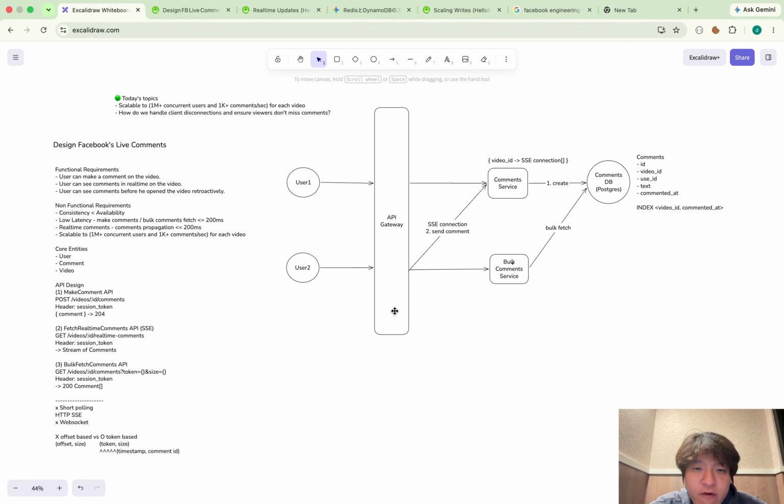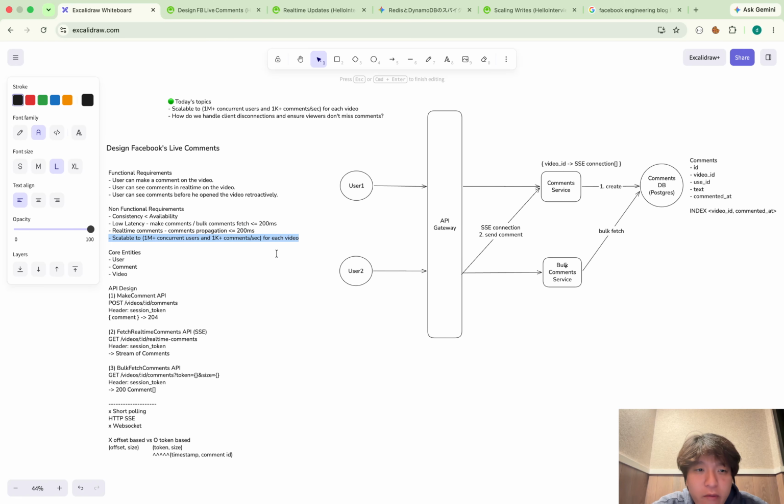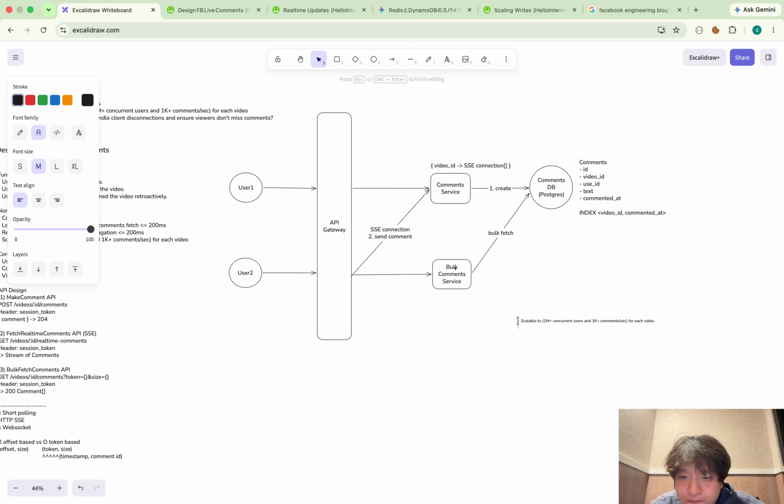Okay, so I will start from the scalability. I put this number here as the non-functional requirement. I will do the back-of-the-envelope estimation first. I will talk about this from 3 perspectives. Number 1, throughput. Number 2, spike of throughput. And number 3, storage size. Okay, so for throughput,